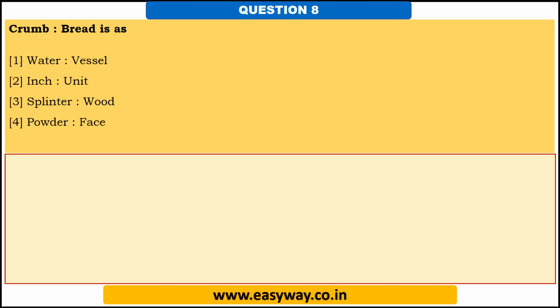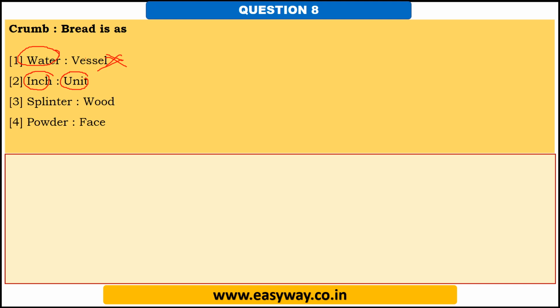Water vessel. Now see, is water small particle of vessel? No. So this cannot be the answer. Now next is inch, unit. Now unit is a broad term, okay. Unit can be of volume, unit can be of mass, unit can be of various things. In here inch is of length, okay, and unit is a vague term, it is not clear, it can be of various type. So this can be the answer, but up till now it is not the answer.